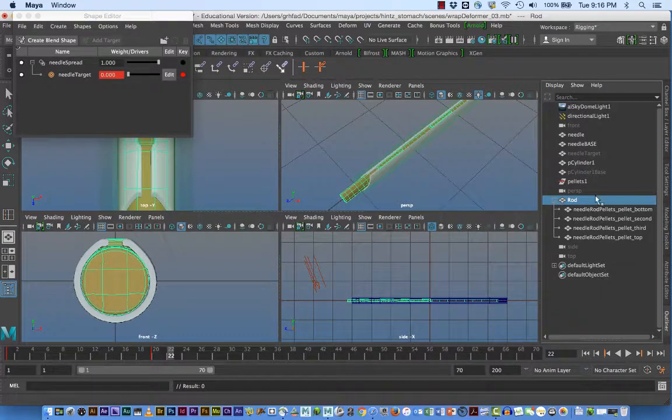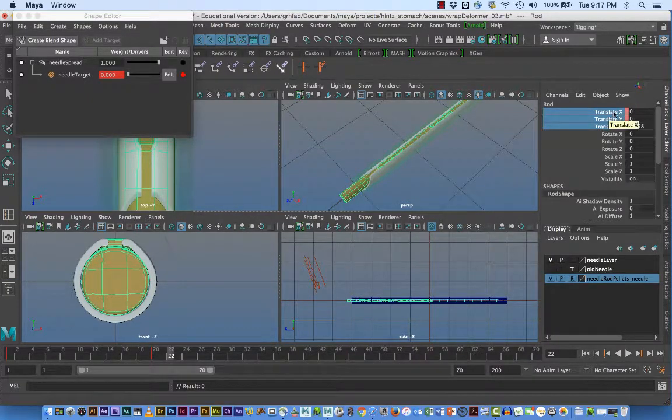So while I have that rod selected at this position, I'm also going to set its keyframe here. You notice if things are pink, that means those values have been changed but have not been keyframed currently, although they have in the past. Alright, so now I've got that. So now I'm going to come back to my timeline and go to